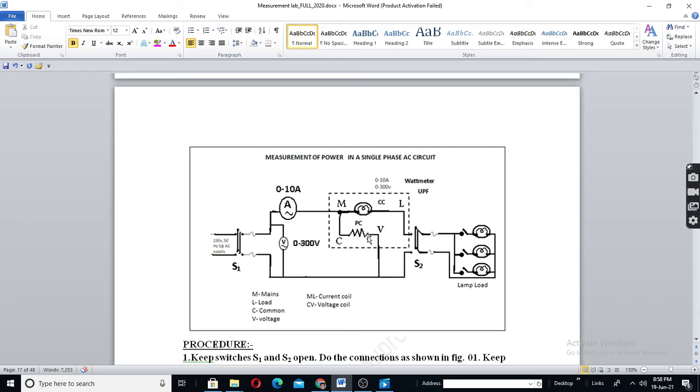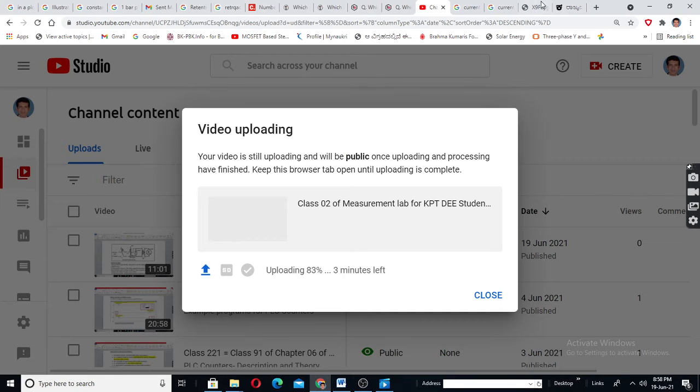The potential coil, you can write it as a number of turns, say 10, 12 turns, like this, or 2, 3 turns plus a series resistance, or just a resistance. The potential coil circuit will have very high resistance, hence we show it as a resistance. But you can also show this as a large number of turns.